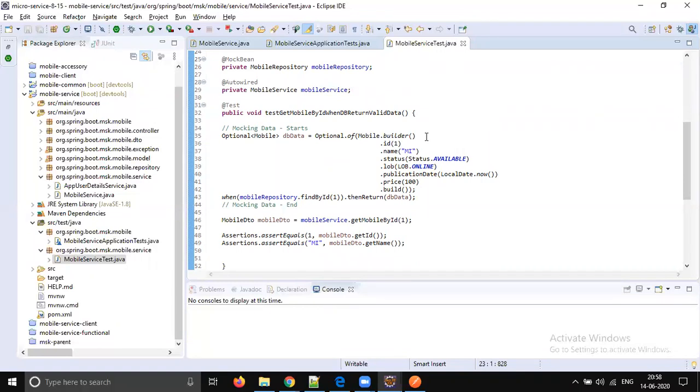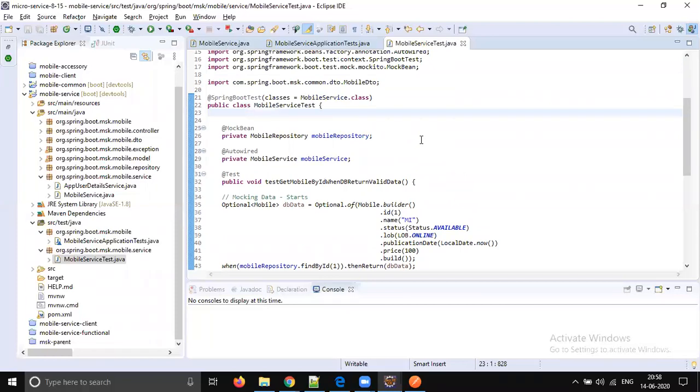What is Mockito? If you go for any interview, they will for sure ask how you do the unit testing. If it is unit testing, then you should say you used Mockito plus JUnit 5 plus Spring Boot, which is the latest, and this is what will be there for the future also. So this is how we write unit test cases. We covered half the part now, unit test cases.